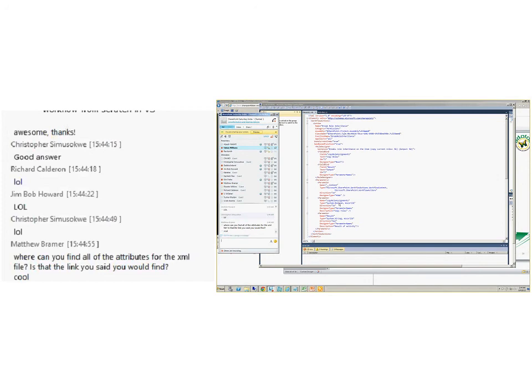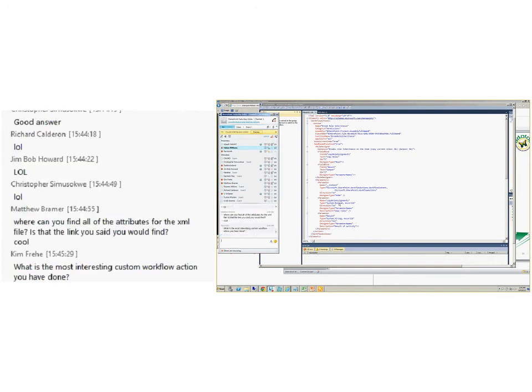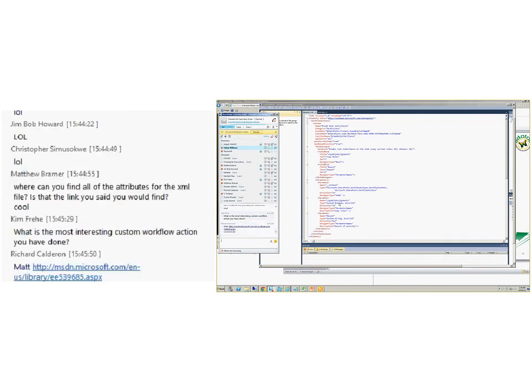All right. Okay. Well, the most interesting custom workflow action I've done is the break role inheritance one. Even though it's the simplest, it's the most interesting one because you use the word interesting. The reason why is because I was doing it on a document set first of all, and documents inherit from the folder, and the way you actually break role inheritance on a folder, copy items from folders, is different than in a list because you have to do it binary. So I actually had to do